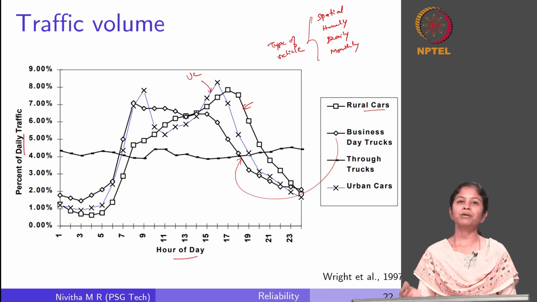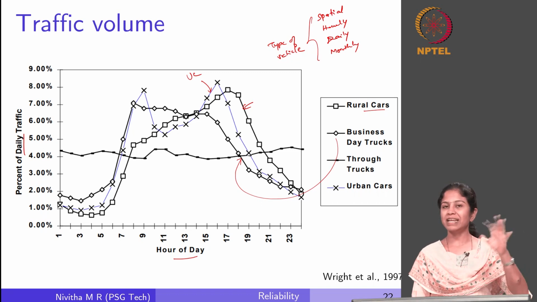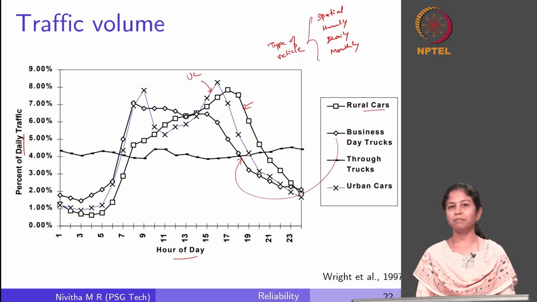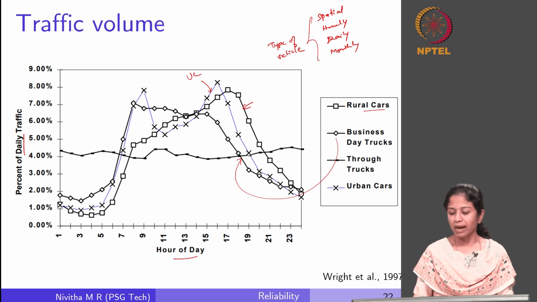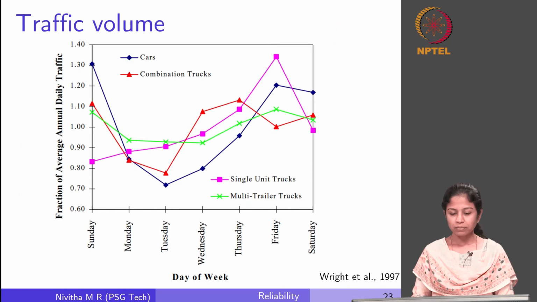Again, how am I going to take all of this into my design? Am I going to approximate, or design each of them separately considering their variability? How is it going to be taken into account in the design process? So this is another set of variation that we are seeing here with respect to day, and this is again the weekly variation with respect to the vehicle type.